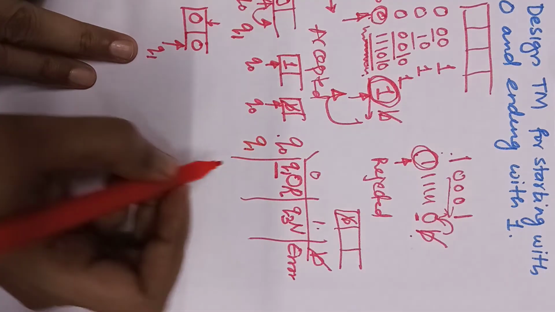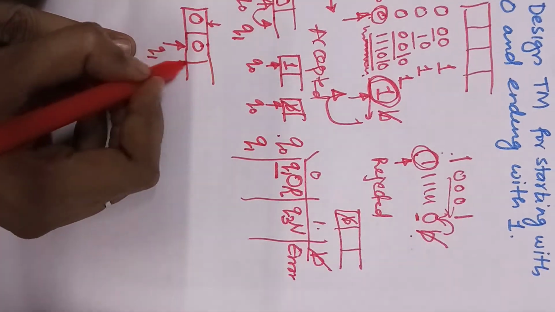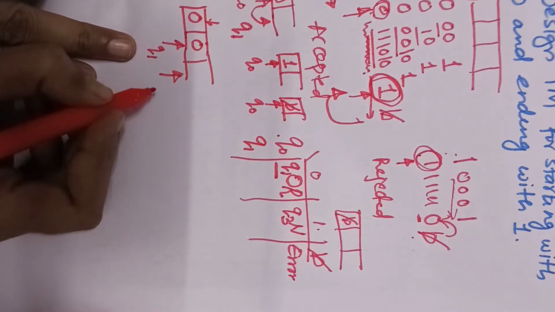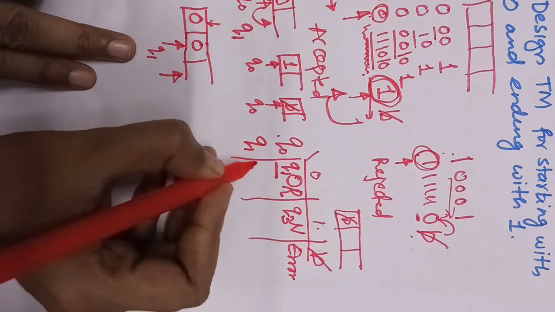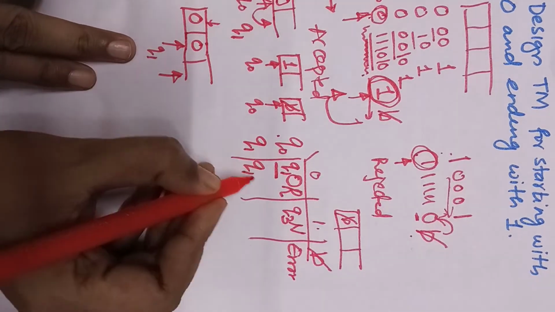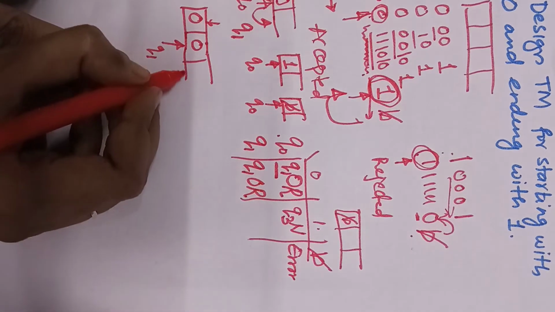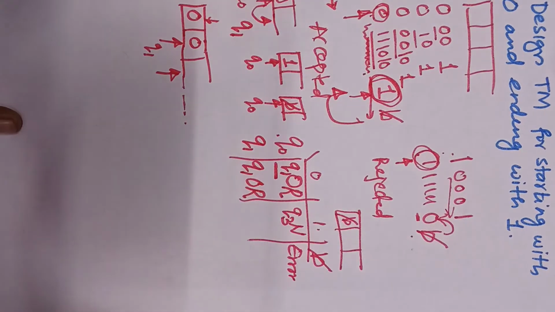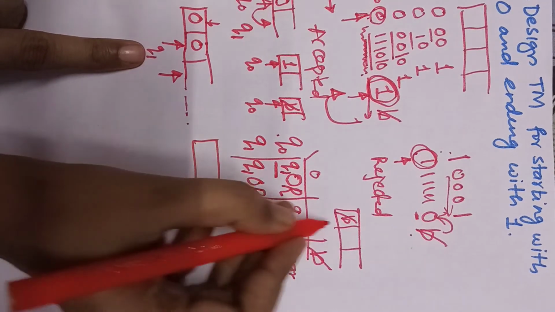So Q1 with 0 will be what? Move towards the right hand side. And if you want, you can change the state. Otherwise there is no need to change the state, just ignore. So Q1 with the next bit as 0, and the movement will be towards the right hand side, because I want to ignore the string till the blank symbol, till the end of the string. Again Q0 with the next bit as 1.